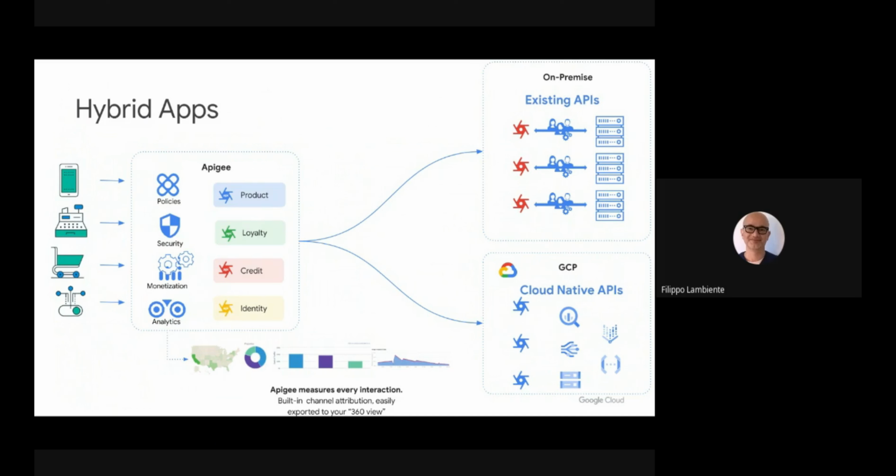Just initially a pass-through, collect the analytics, collect the data, and then split the traffic on the new services, without creating disruption to the consumer on the left of this slide that is invoking the API, and apply policies that maybe are too complicated or were not designed at the beginning in the backend system, but can be applied on the proxies exposed by Apigee: security policy, but also monetization and so on.